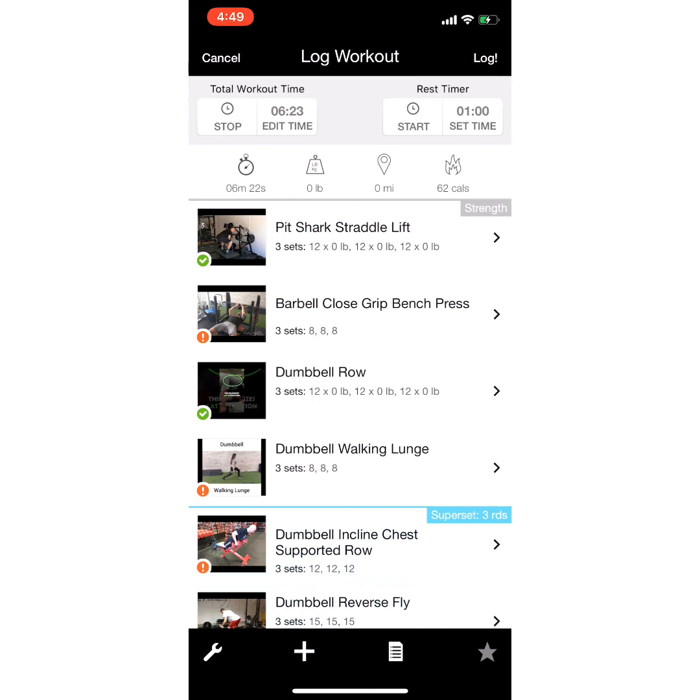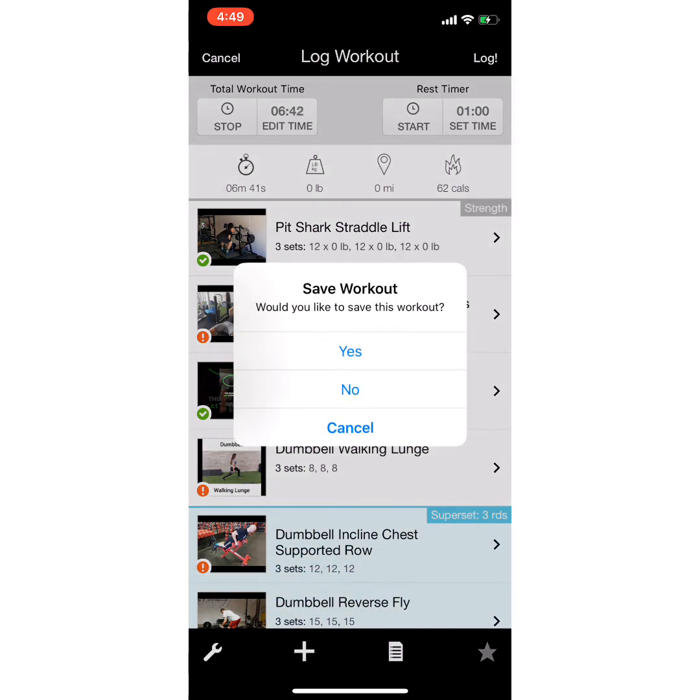And a really important thing to note is that once you log an entire workout, you can't edit those values after the fact. So just breeze through the workout, make sure that they really reflect what you did, the appropriate weights, appropriate reps. And once you do log it, I'll go to another workout so you can see what it looks like once it's logged,